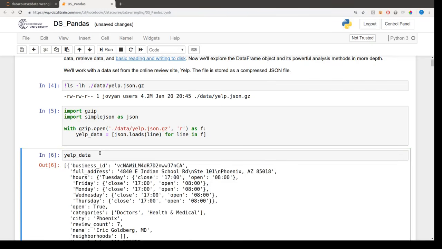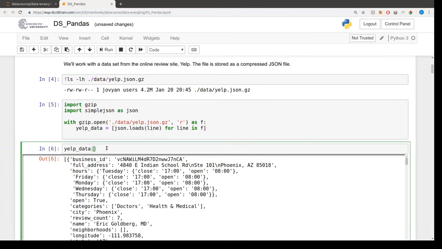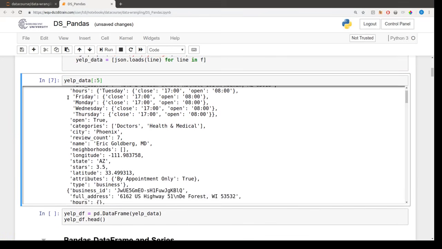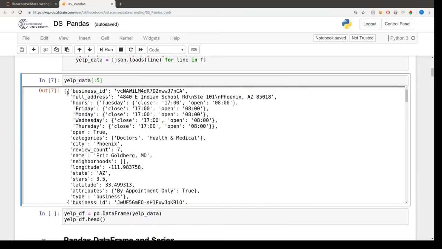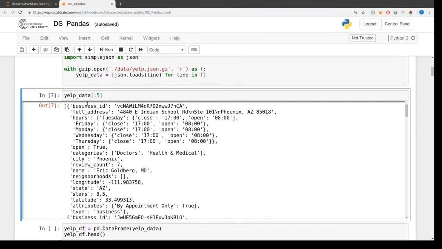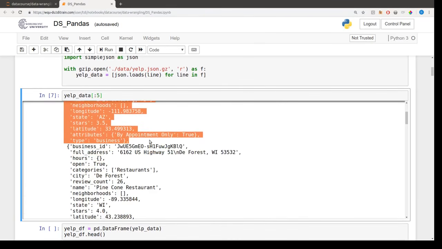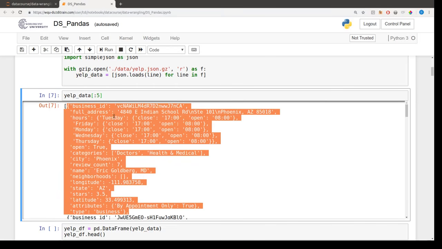So that's parsed in now. And we can see if I just evaluate, for instance, the first 5 items of this JSON blob, we see the data in this file looks like JSON, lists and dictionaries. And it's a list of dictionaries, and each dictionary corresponds with some business with a profile